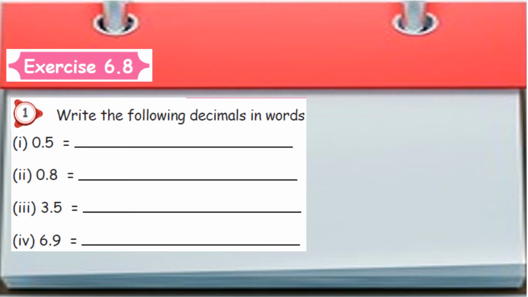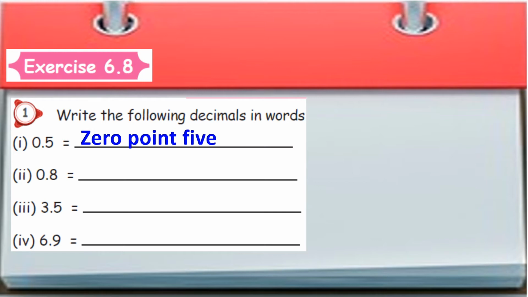So decimals, yes, we have already learnt in 4th itself, but to improve your reading skill, they have given this first question. First one, 0.5. That's what we have to write in words. That's it. It's very easy. Write the spelling for 0 and point, P-O-I-N-T point and 5. Okay. Like this you have to write.